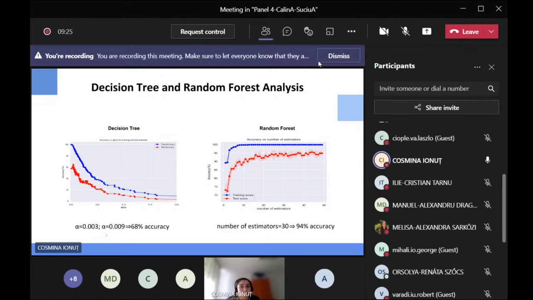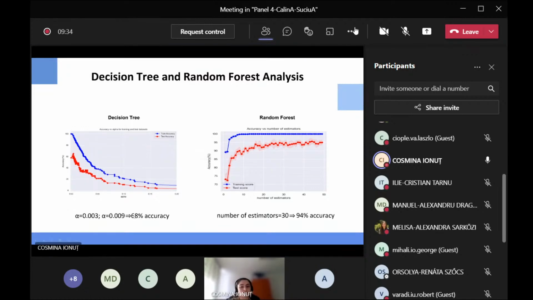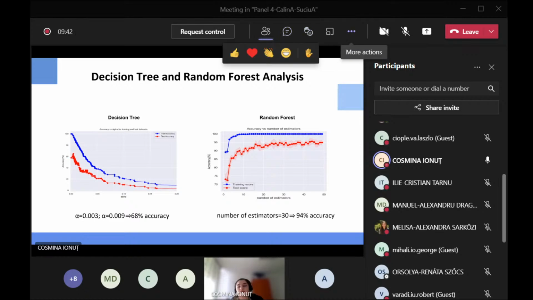For this analysis, it can be seen that for alpha between 0.003 and 0.009, the best accuracy is achieved, around 68%. For the random forest classifier, the parameter for number of estimators is optimized, and as seen in the graph,